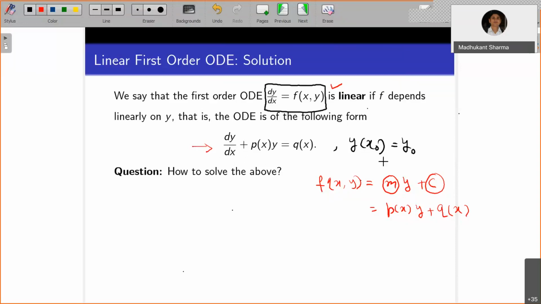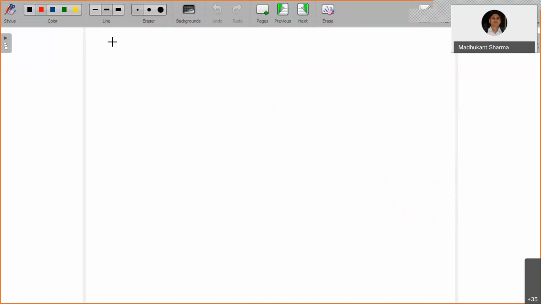So maybe you are already aware of the solution as well. Let me just give you the steps to obtain that solution if you are already familiar with it. So you have the standard equation, dy by dx plus p of x y is equal to q of x. So let me make it small only, q of x, let's be with the notations. What you do is just choose a function of x. Let mu of x, I'm just being with my lecture notations, which I will be using further.